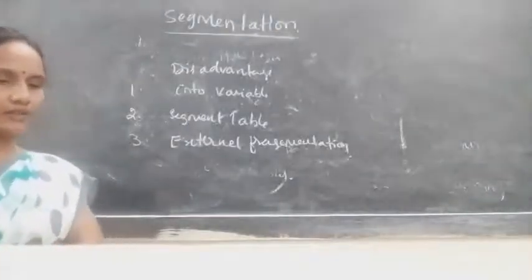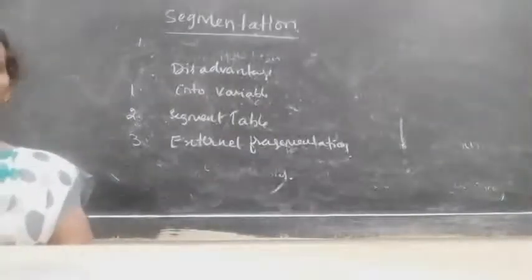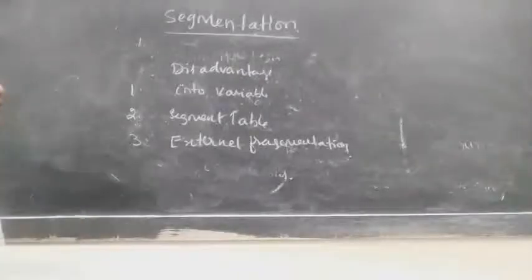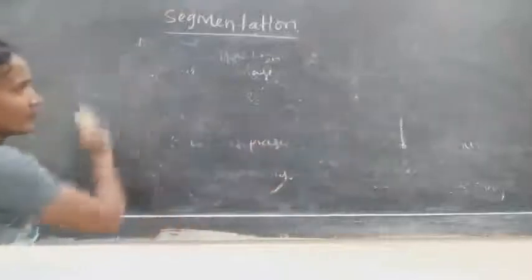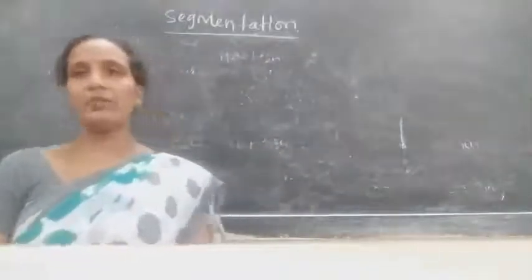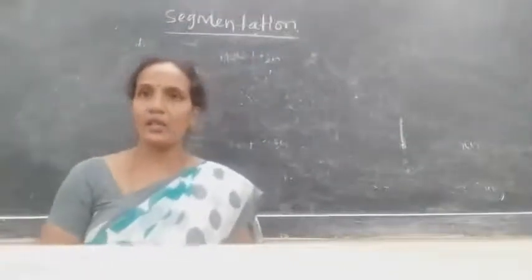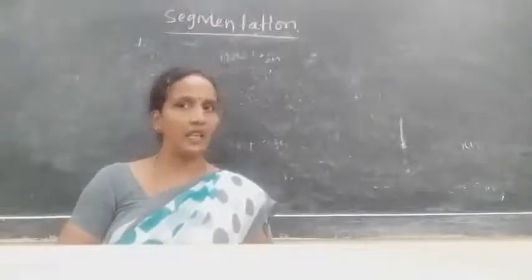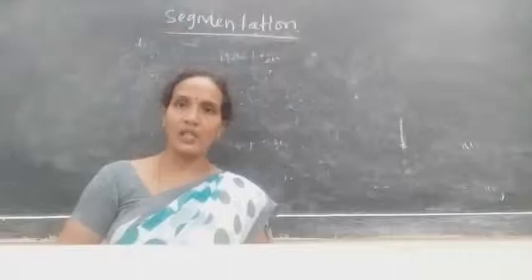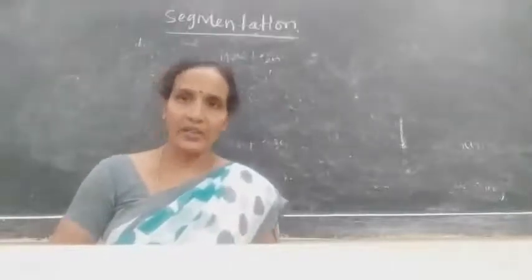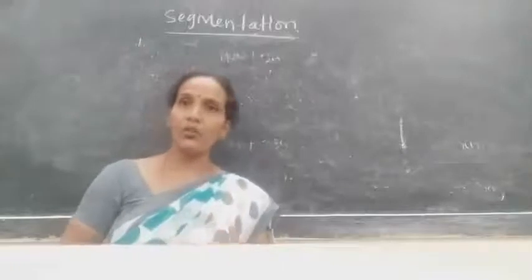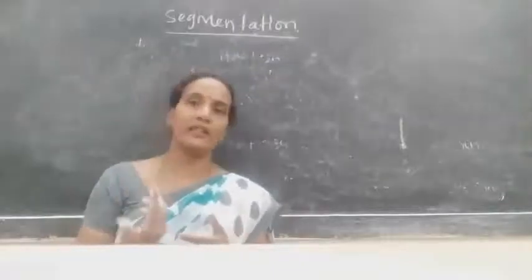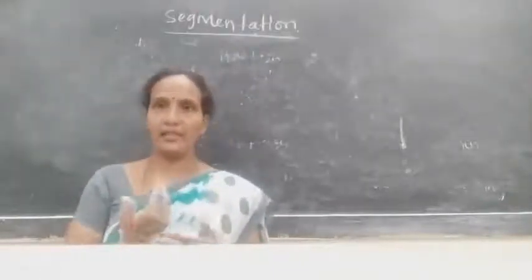Okay, you go through these points. We will take an overview of this subject. So this is about segmentation. Again we'll discuss the key points. Here, what is segmentation? Whatever the user process is, at the time of execution the total user process is divided into different parts, and each and every part is called a segment. You have the segments in the main memory, the primary memory. So when the CPU wants to execute that segment, from where will it get the information?